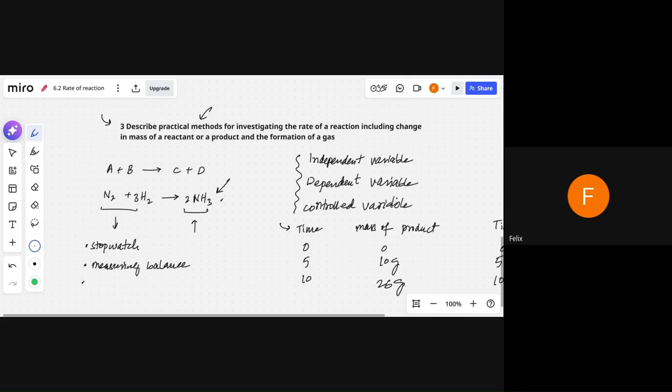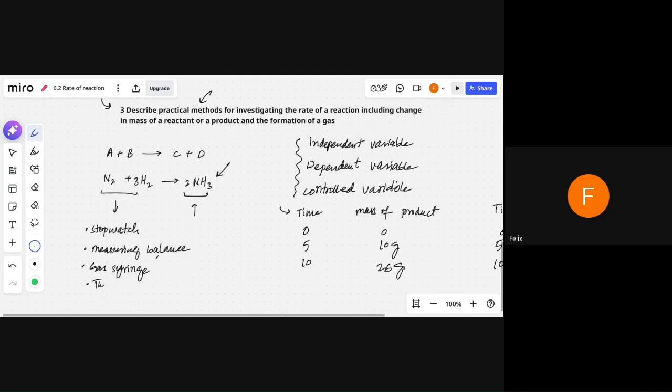And if a product produced is a gas, then you need a gas syringe. It is a special type of equipment, made of glass, or sometimes it might be made of plastic, where you can calculate the volume of a gas produced. So a gas syringe, and a thermometer, because we might be looking at the temperature as well,